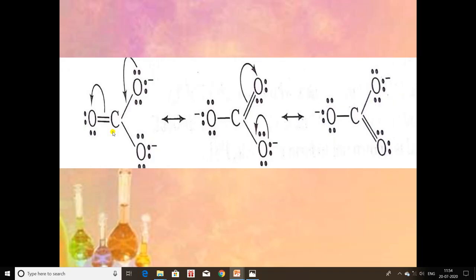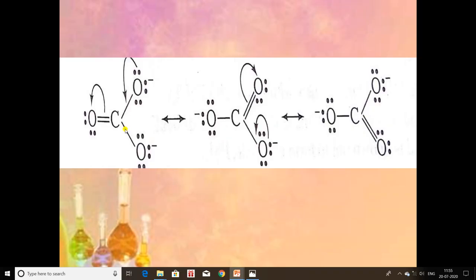From the Lewis dot structure we came to know that there is a double bond between carbon and oxygen, and here there is a coordinate bond between carbon and oxygen. Here this electron pair will convert into a bond, because in one bond two electrons are present. So these two electrons will make one bond. As these two electrons now make one bond, carbon has 5 bonds: 1, 2, 3, this new bond 4, and this one 5.